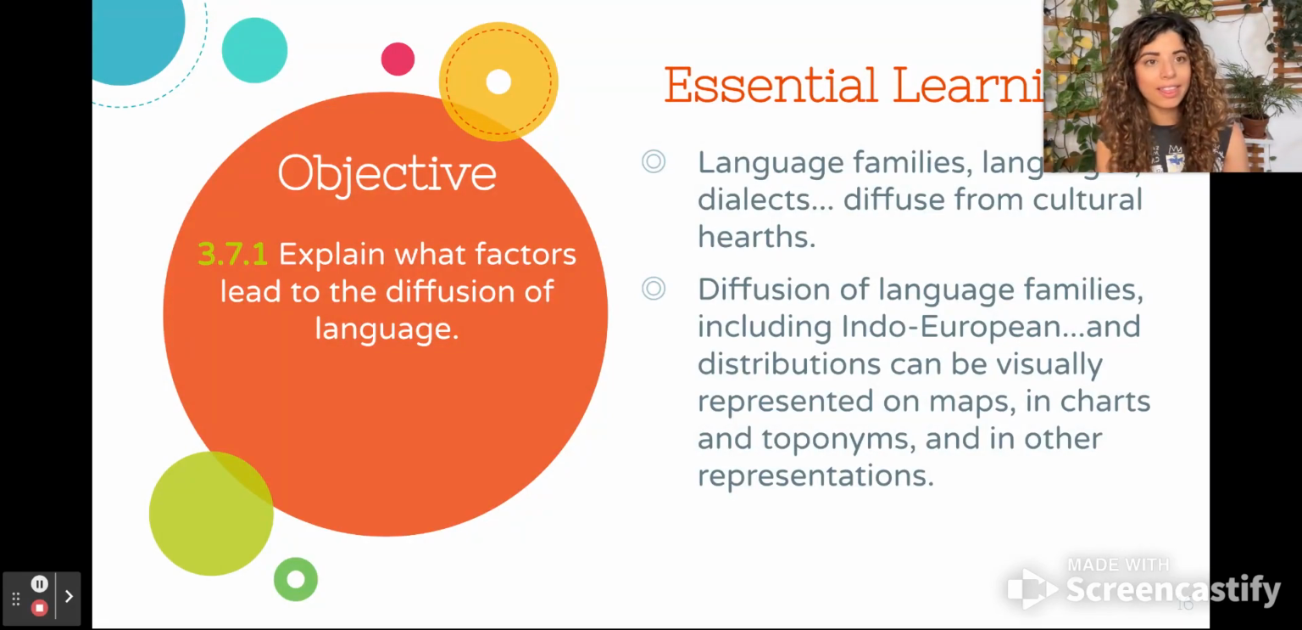So that is it for language. For the next part of 3.7, we're going to be looking at